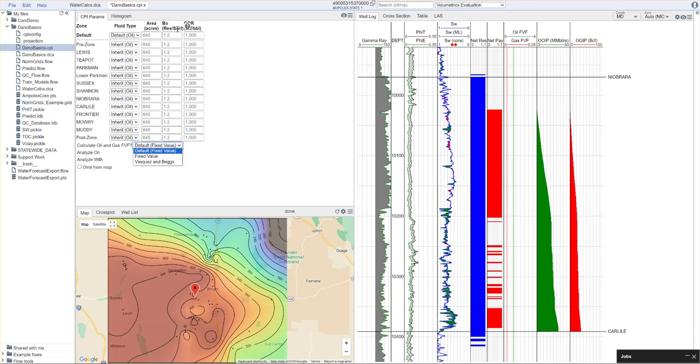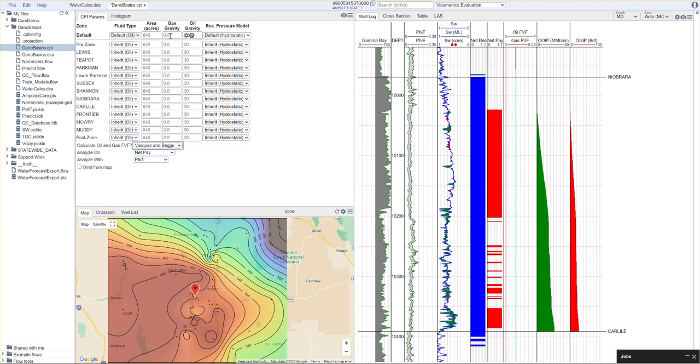Then we want to consider, what do we want to do for our formation volume factor. Now, if you're in an area where your temperatures and your pressures and your depths aren't varying much, you can possibly get away with using one B factor over the entire area. But in this case, we're going to use our Vasquez and Beggs and Hall-Yarborough calculations to determine that. So what we need to do is put in, let's say, a gas gravity and an oil gravity. And once we've done that, it will then calculate our formation volume factors for oil and gas for us